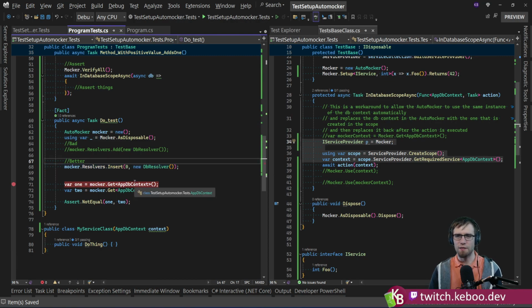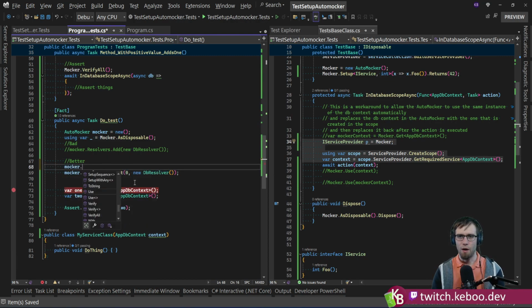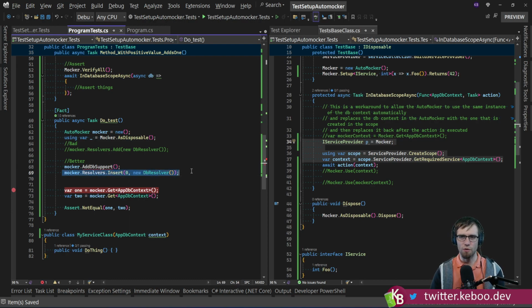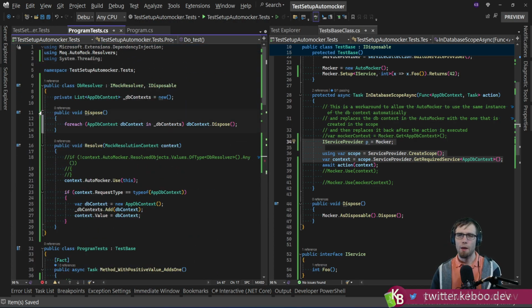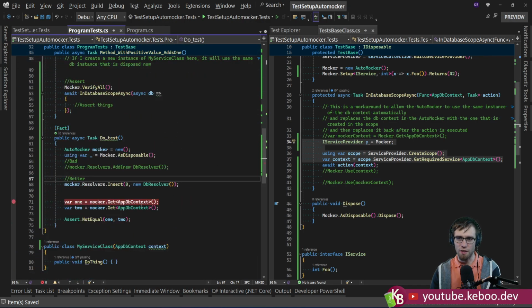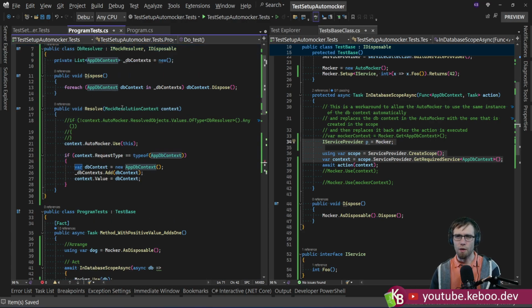I usually write an extension on AutoMocker that's something like mocker add DB support, right? And this extension method will handle inserting the resolver, or maybe checking if the resolver is there and only inserting it if it's not, and all that jazz. So the first time that we call AutoMocker get of appdb context, we're going to come into this